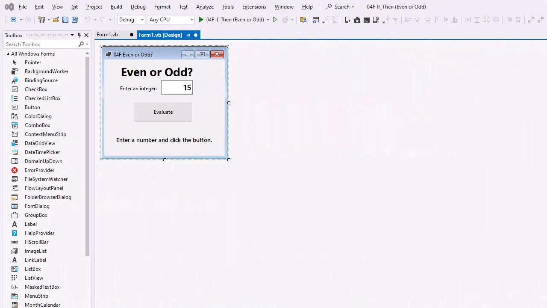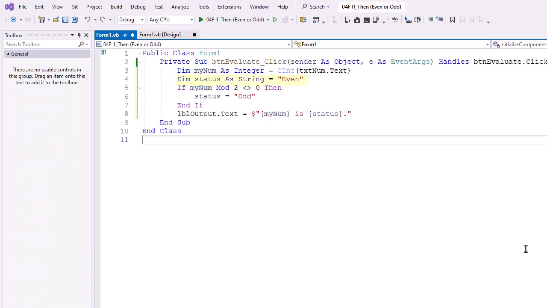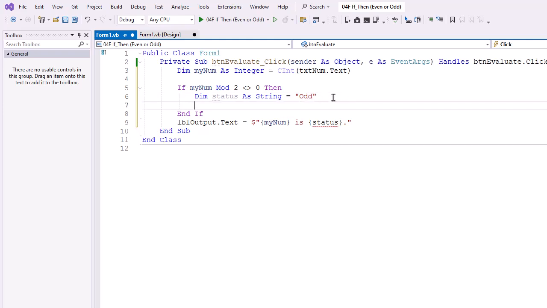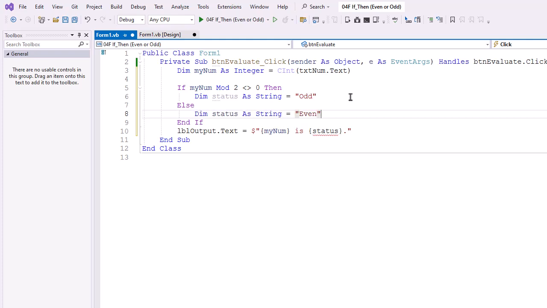In the previous video, I created an application that found whether an integer was even or odd, and we used an if-then structure to do that by setting a default value before that if-then structure. Let's modify this to instead use an if-then-else structure. I'm going to cut that statement out where I'm dimming status, instead put it in my if-then true fork. I'll change the even to odd. And then I'll do an else,